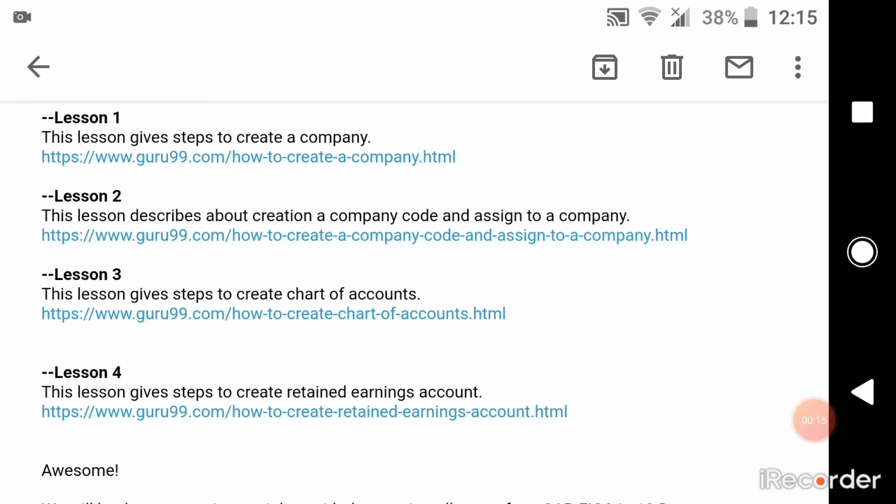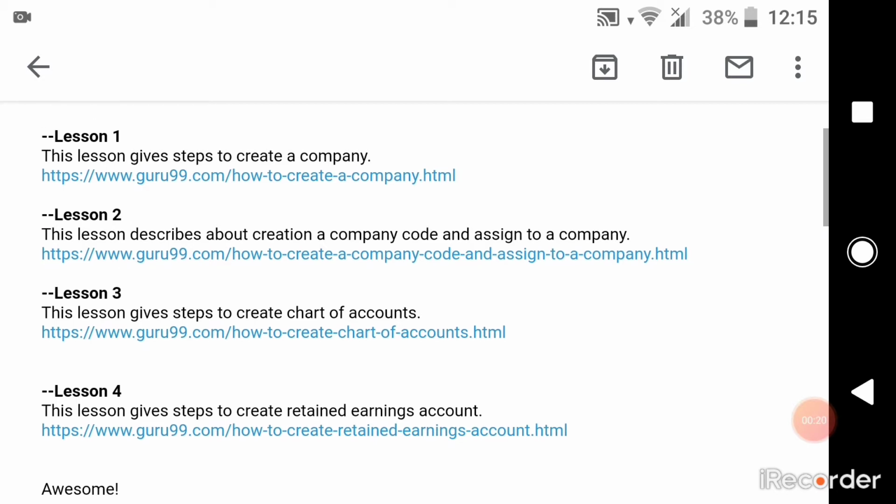Previously, we completed two chapters in the SAP FICO beginner classes. We went through an introduction to SAP, how to create a company, and how to create a company code and assign it to a company.